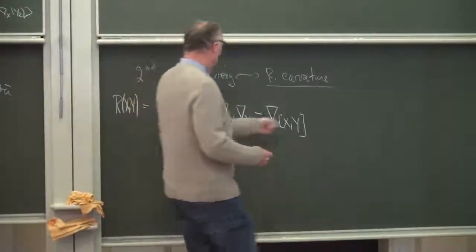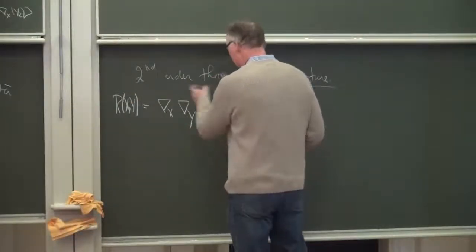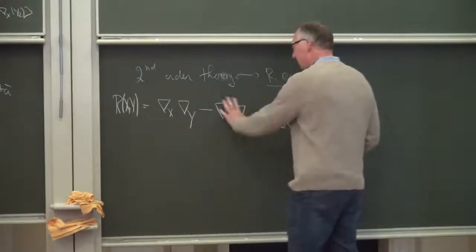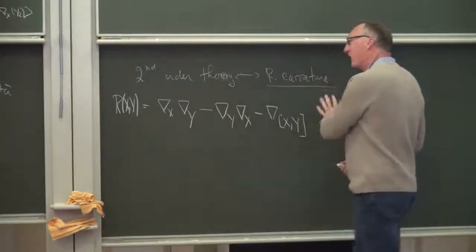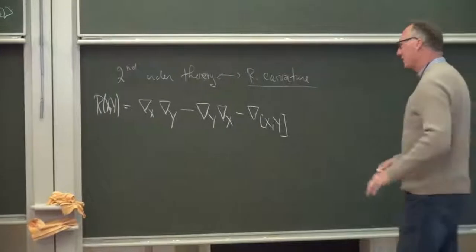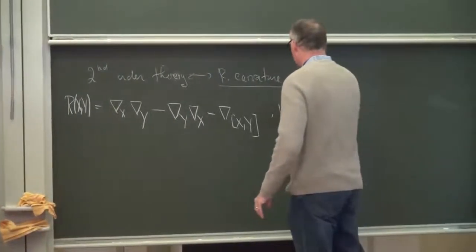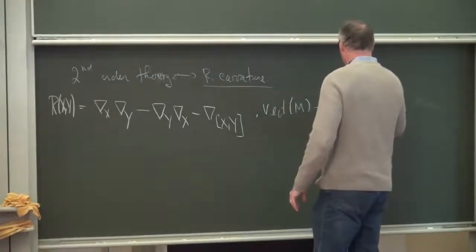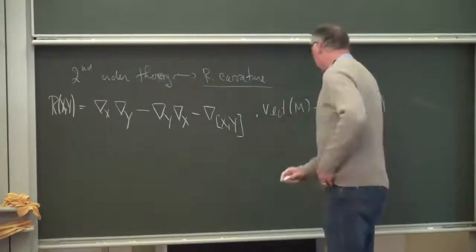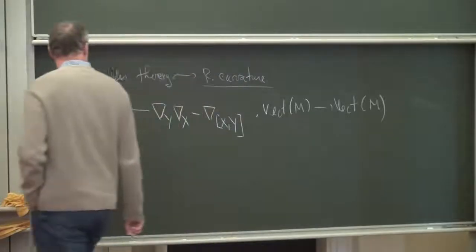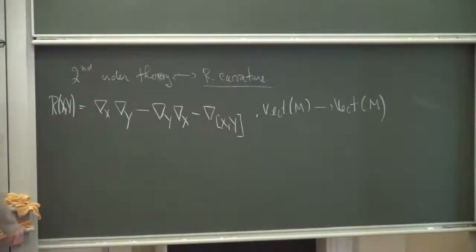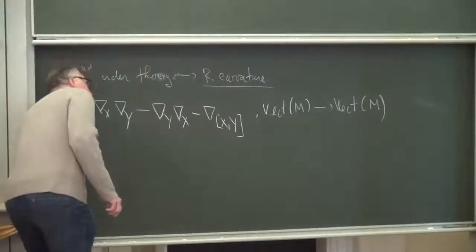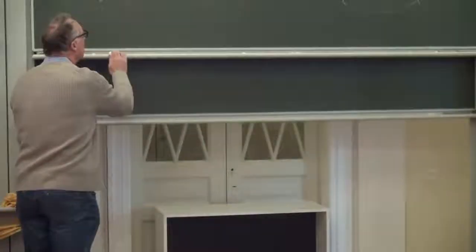So now we're asking what happens when you apply these covariant first order derivatives, covariant differentiation, to vector fields instead of to functions. So this is a map from the vector fields on the manifold to the vector fields on the manifold. Okay. Well, you do several computations